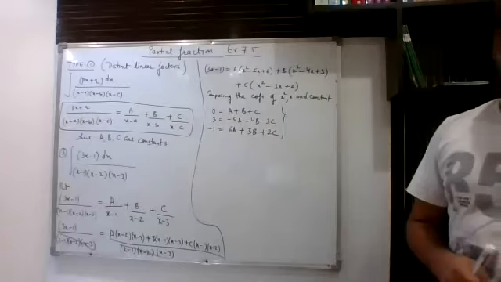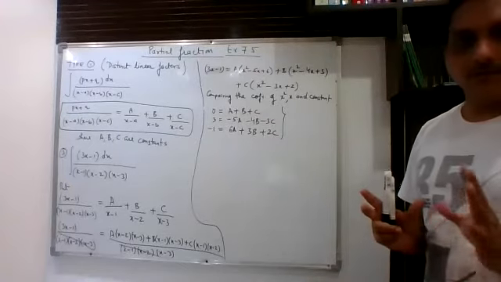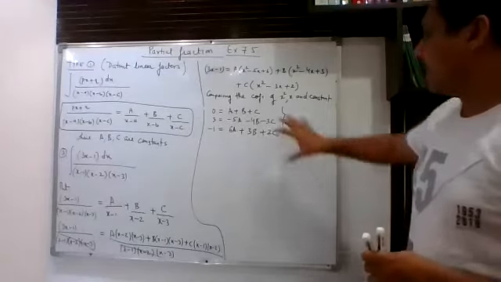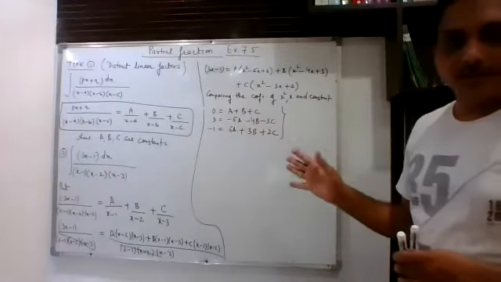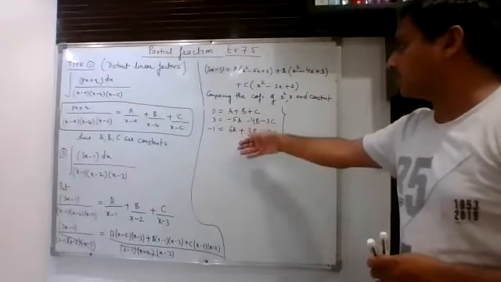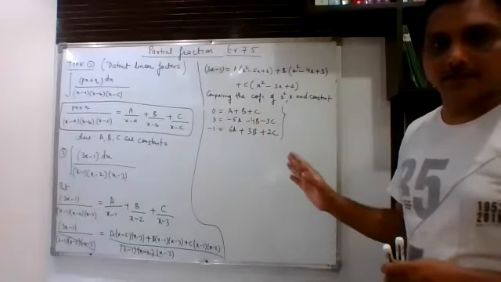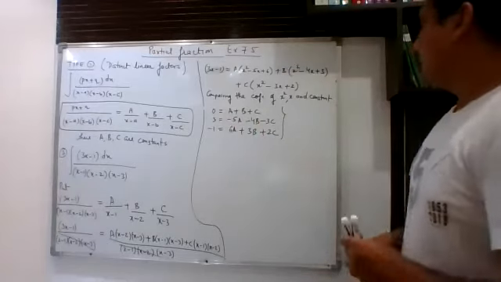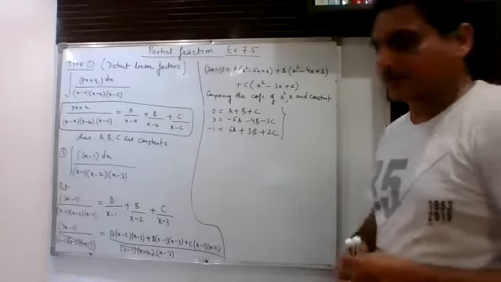Now we have to get the value of capital A, B, C. Either you can solve these simultaneously to get the values of A, B, C. Now, obviously, that is tedious work to solve these equations. So we have a shortcut method for getting the values of A, B, C. Now, what is that shortcut method? So just quickly write down up to this, then I will explain that to you.